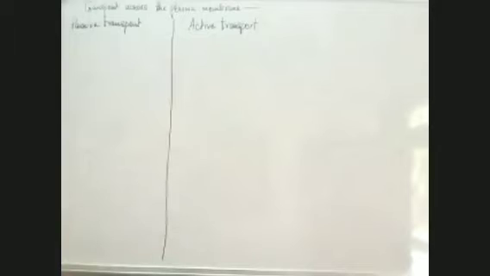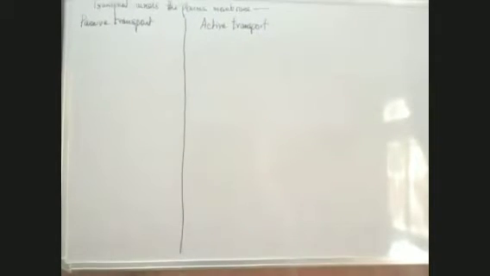Passive transport is going along the concentration gradient. When we say going along the concentration gradient, that means in passive transport, no energy is required, and the movement of molecules is along the concentration gradient. Like when you are running downhill, you don't need energy, because you are going on an easier side. In the same way, passive transport is along the concentration gradient, on an easier side where no energy is required.